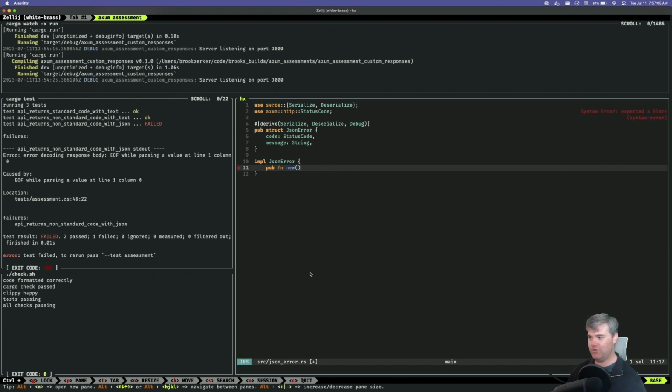So if I do new, you're going to yell at me about default, but it's okay. You'll build it out for me. So self, and then let's implement default for this. I wonder if status code has a default.